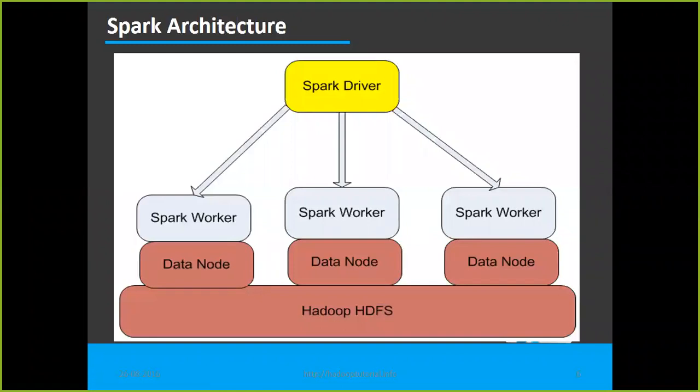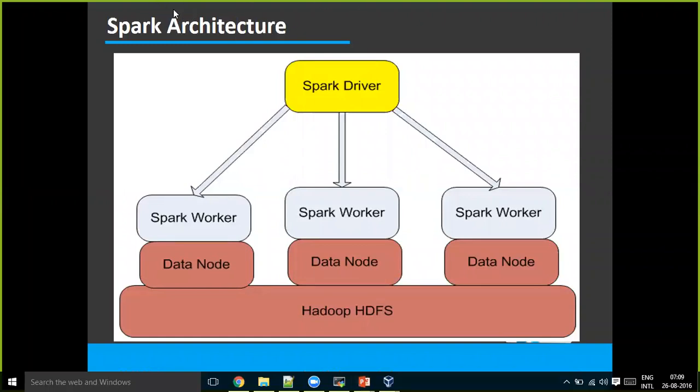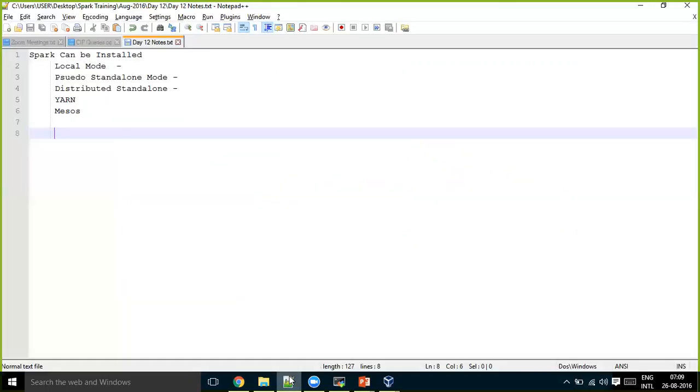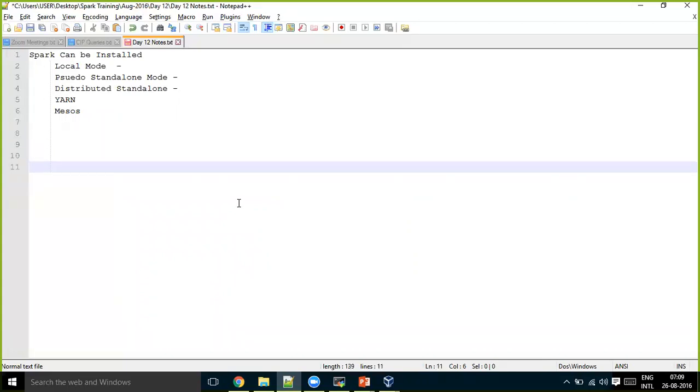One more thing: on a high level, we discussed the architecture. Just for example, there will be a client machine from where you will be submitting your Spark job.